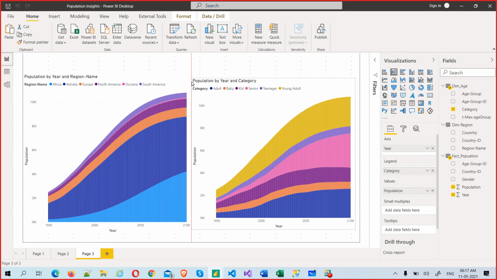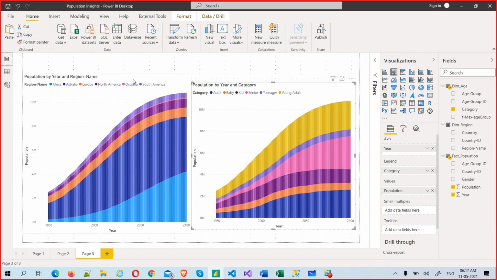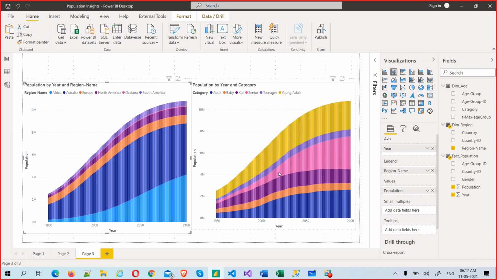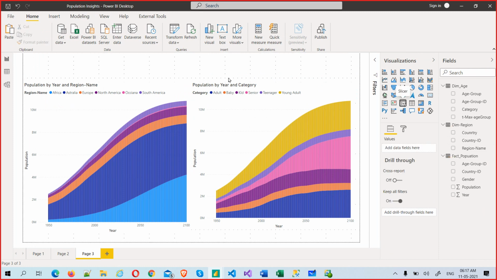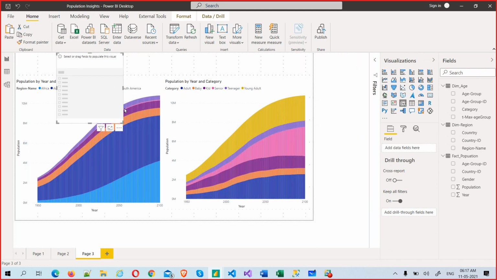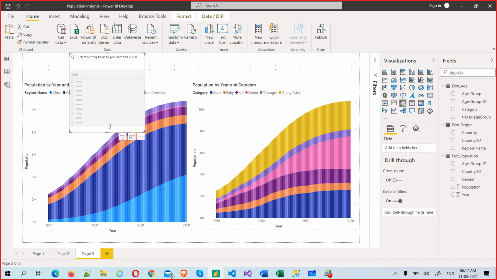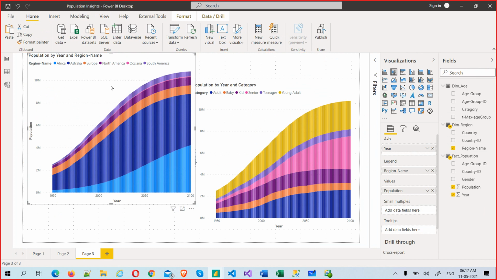So now we have created two visuals. Both are actually the same. If you want to have a table, that is also possible. You can create that, and you can have filters. If you want filters, you can do that also. So let's take a slicer visual. There are also inbuilt filters, like the page level filter, which we'll talk about later. But I'm just taking another slicer to make a filter.